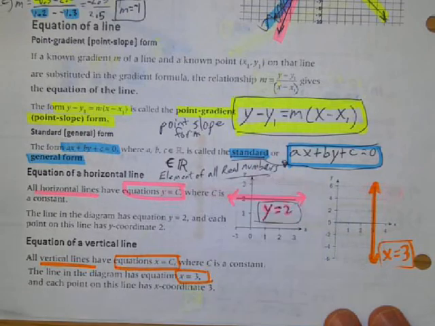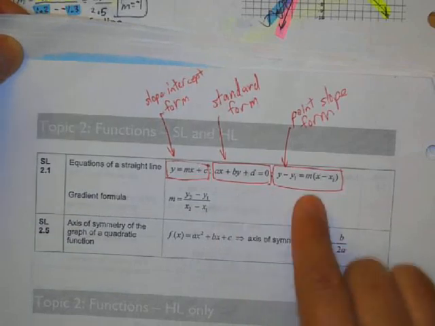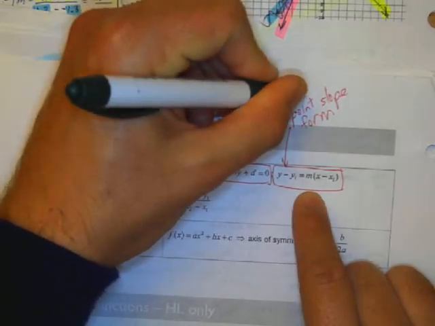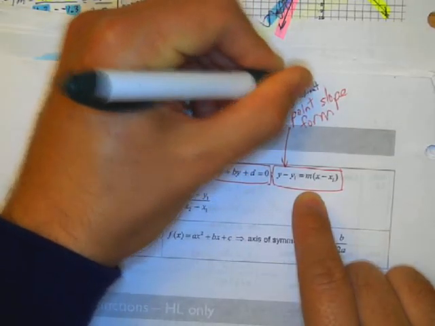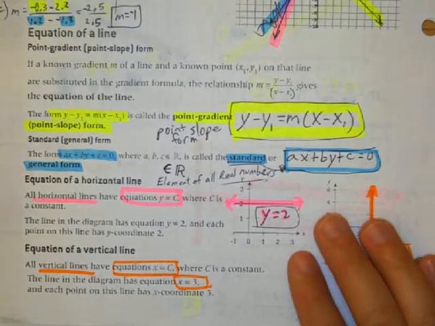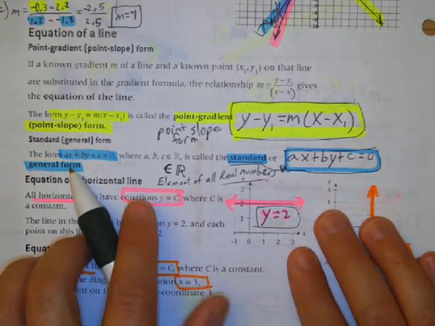Anyways, this formula is in your IB formula packet, and it's right here. It's called point slope form, or they like to call it point gradient form. Anyways, and then there's also something called standard form, which is